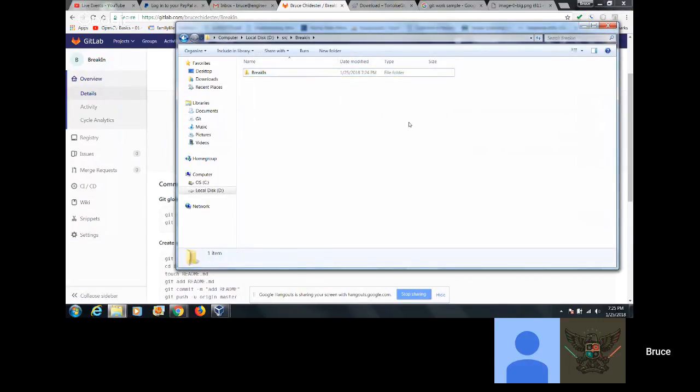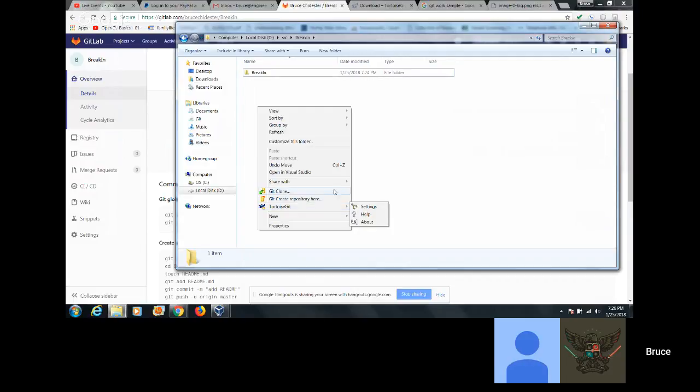Now interestingly, when you're all done, the program is accessed when you go into a directory and right mouse click, and it'll have all these git options: git clone, git repository, git settings. Okay.